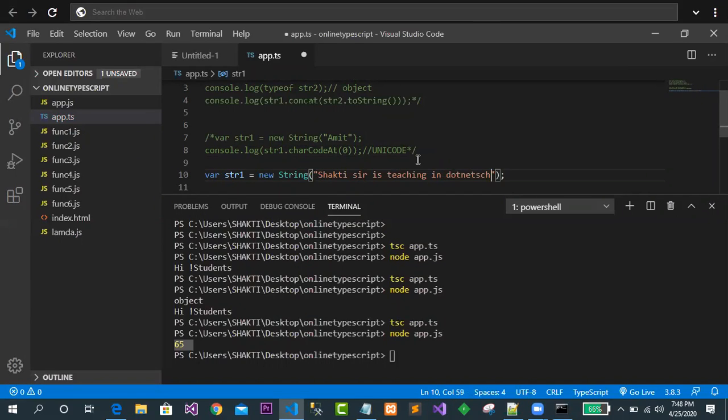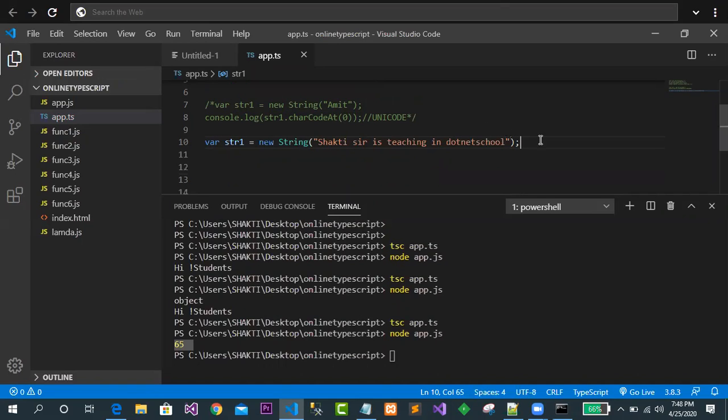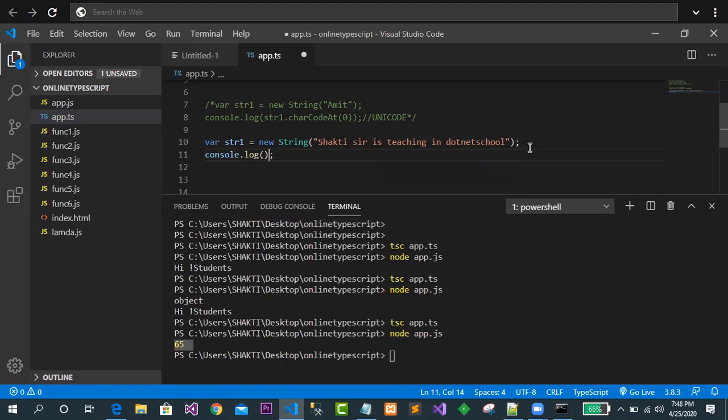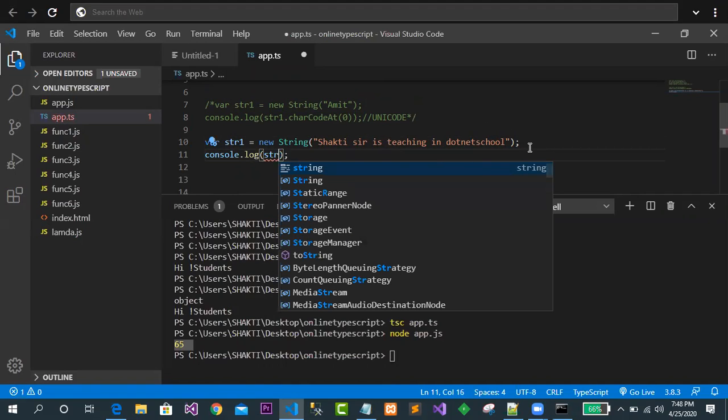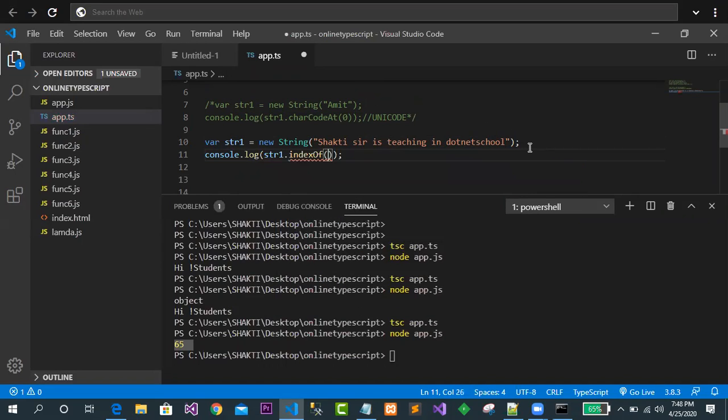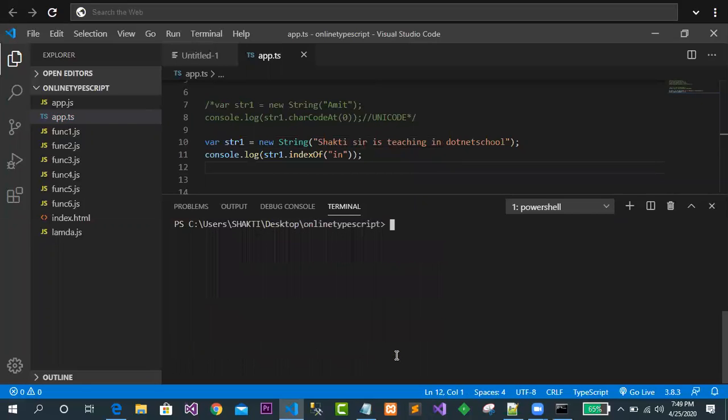Now the requirement is that I want to search in. Clear up to this? So let me write console.log. What should I write here? str1.indexOf. Index of in this specified string. Just try to observe what happened here. So let me clear it. And in this case, simply I will go for what?